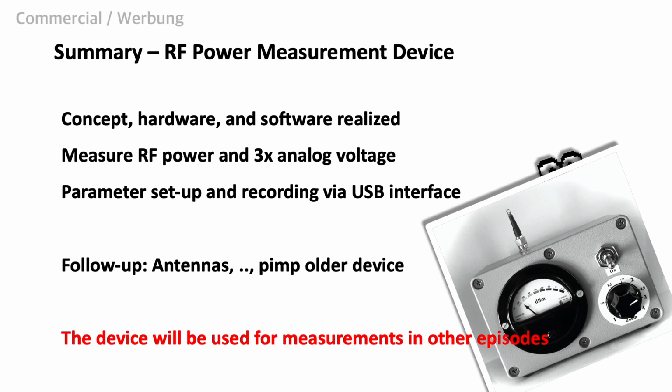Now there is one thing left to mention, the antennas. I'm especially in favor of magnetic antennas because they can make the device a bit more frequency selective to the bands of our interest. In some other episodes I will explain how to build antennas. In my case, the given concept works pretty well. That's why I have in mind to pimp my older RSSI gauge with the new concept.